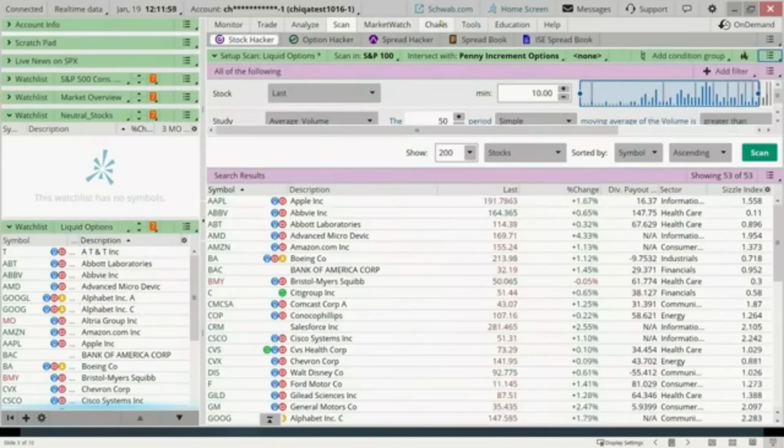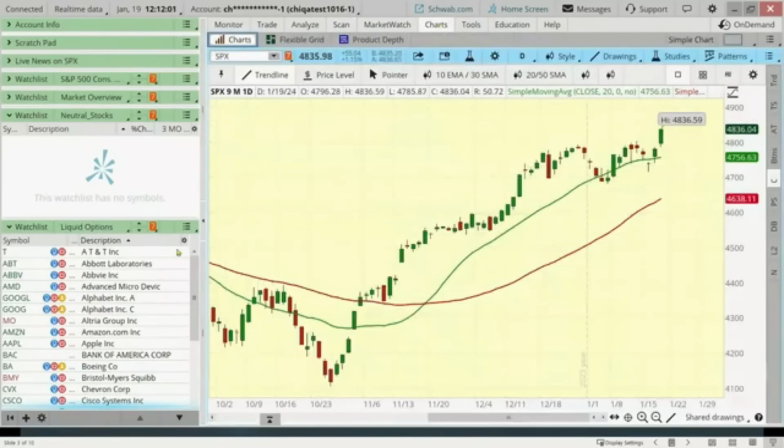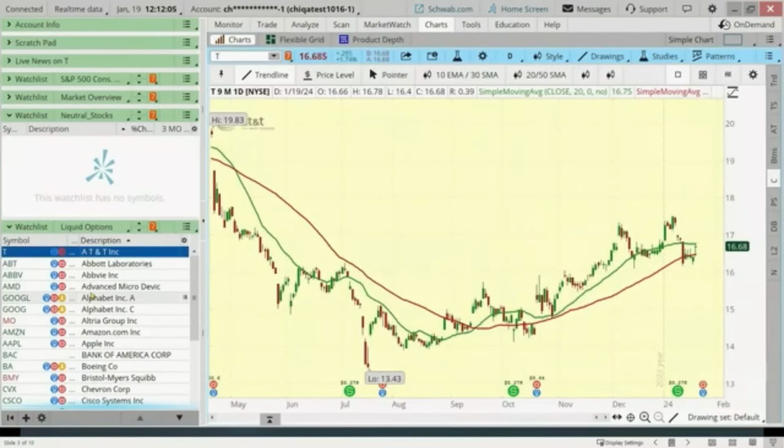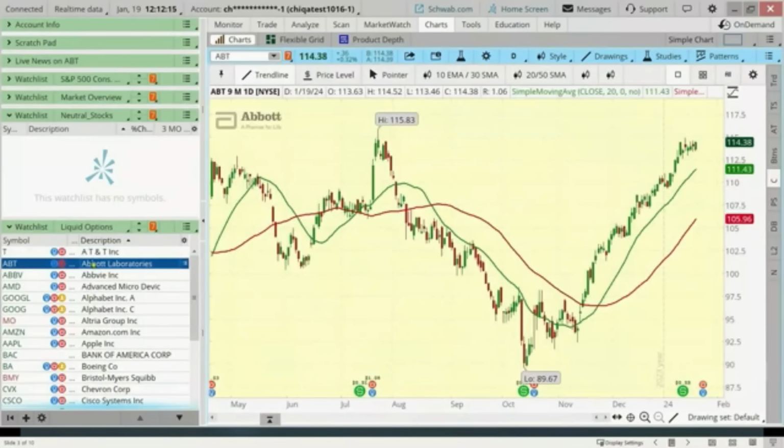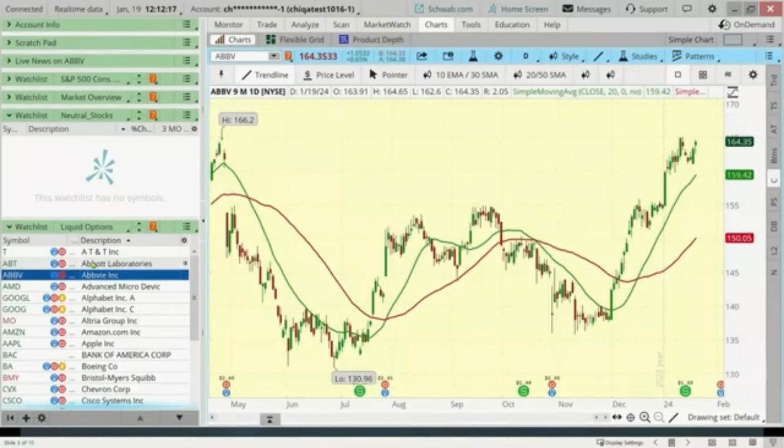And now when I want to look through these stocks and look for potential trades, what I can do is I can just start at number 1 and look and see if I find a trade that I want. If this looks like a chart that I want to trade, and then I can scroll through one at a time. If you have them linked, by the way, link your chart to the left-hand column.